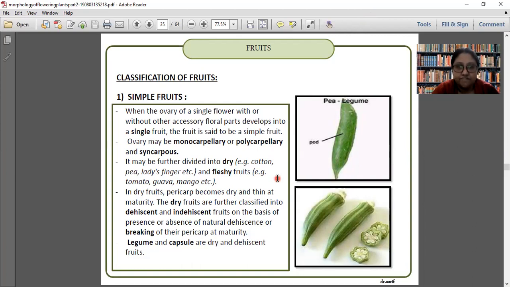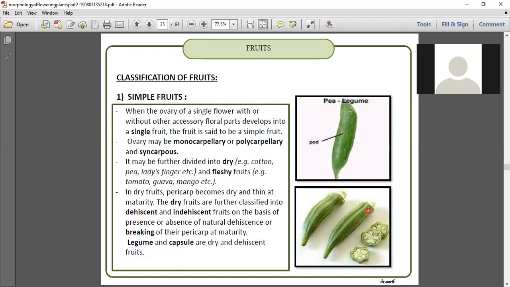Matlab, what will happen here is it has a single fruit. It is having a single fruit. For example, pea is a simple fruit. Okay. Here you can see that this ladyfinger is a single fruit. So it's not in a bunch. Just a grape it's not a simple fruit. Have you ever seen one grape isolated? No, ma'am. Okay. I got you understand.